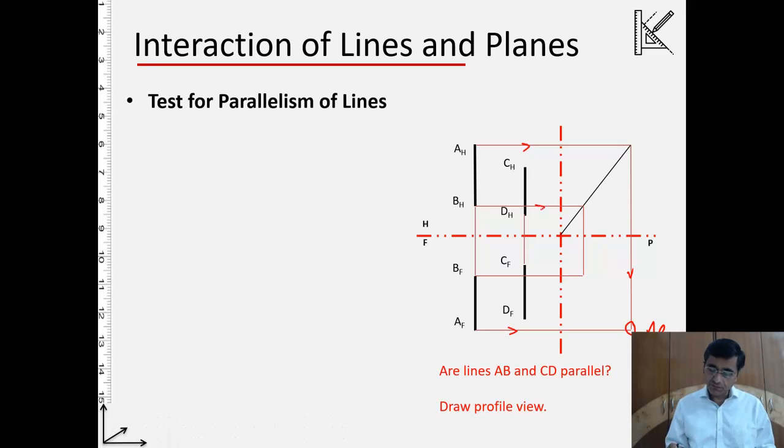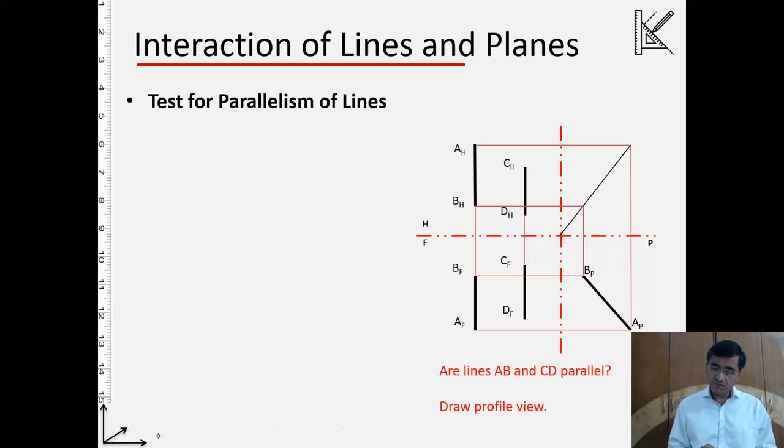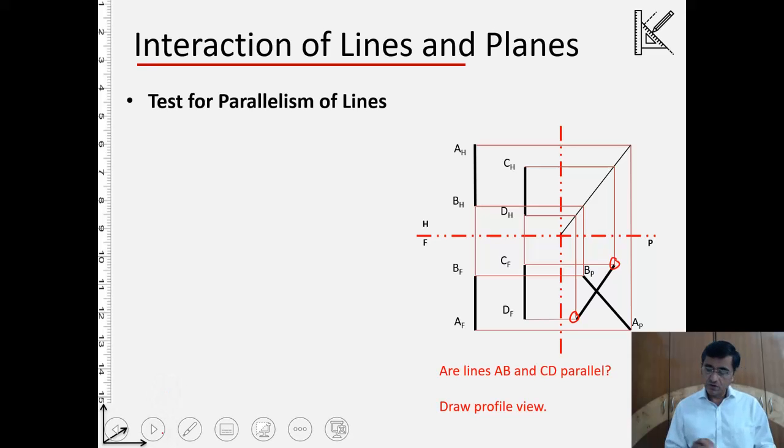The projector from B is this, and the projector from the frontal plane is this. So this is now BP. You can join these two and we'll have the line. So using this we will be generating the line as BPAP. Similarly for the line CD, let us do it from C. That's the point CP, and over here DP. So join these two. That is how the projection is.